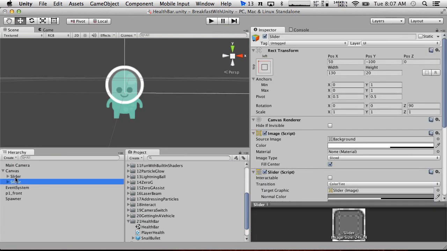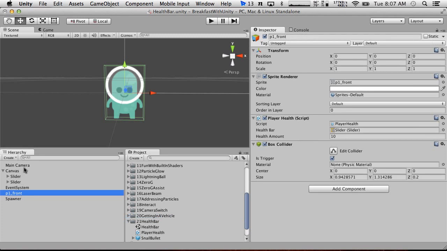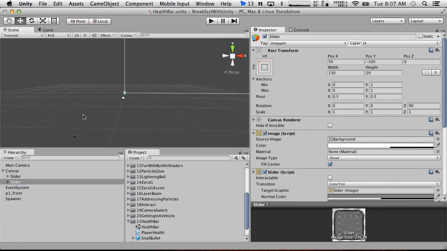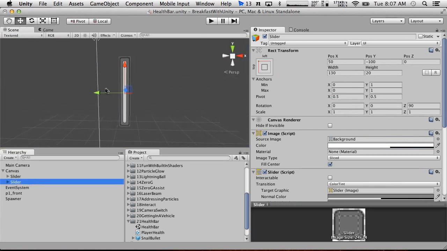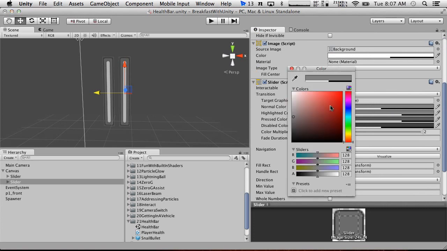So I'm just going to duplicate this slider, and we are going to figure out which one is actually being used by the health bar, which is player health here. So that's the one that we've already got hooked in, so I'm going to change this one. And we're just going to, let's actually look at this thing here. So I'm going to move it to the right, and we're going to make it blue. Let's go ahead and change the normal color to blue